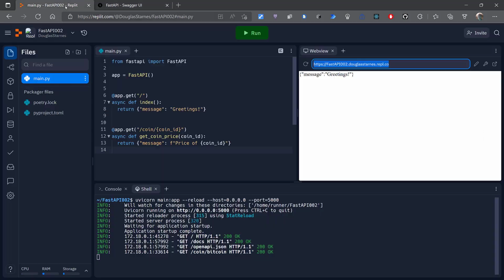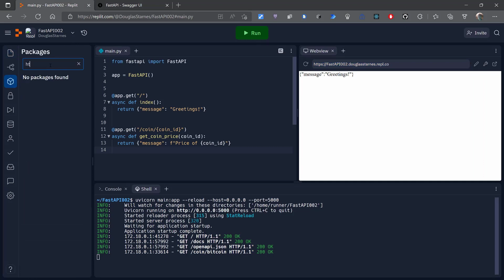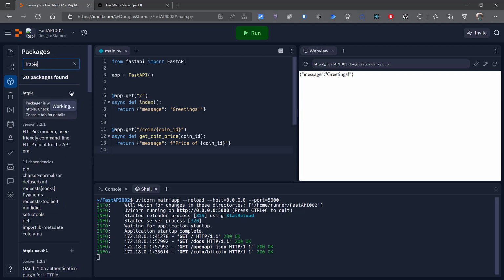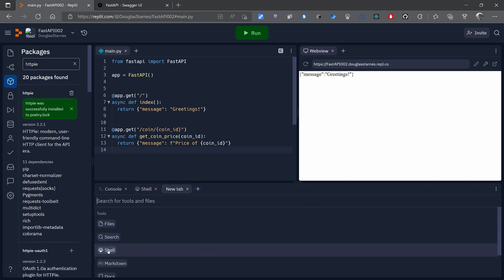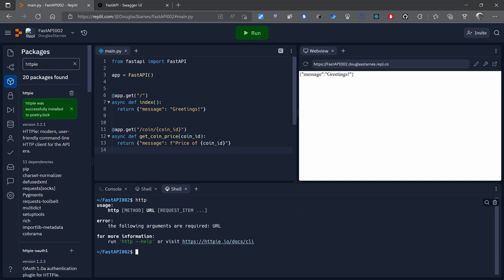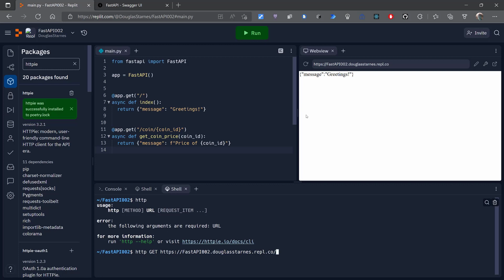Let's see another way to run this. I'm going to go back over here to my packages, and I'm going to search for one called HTTPie. This is a command line application that you can use to make HTTP requests. I'll open up a new shell. I'll say http, that's the command itself, and I'll say http get, and then I will paste this URL,